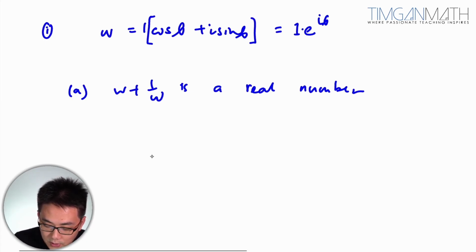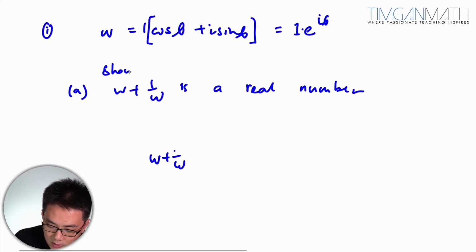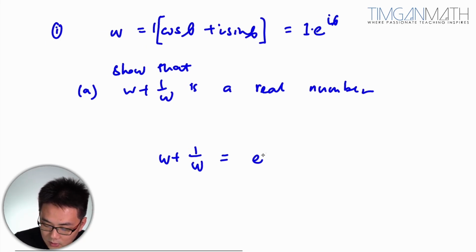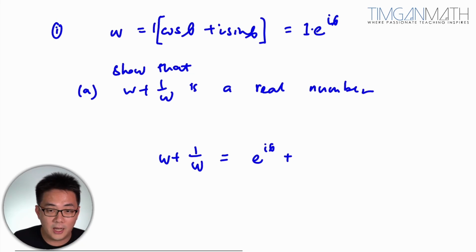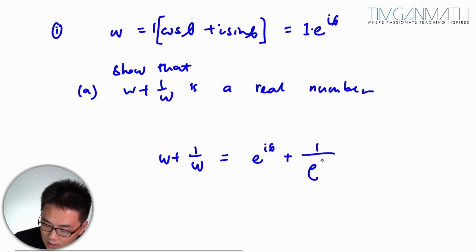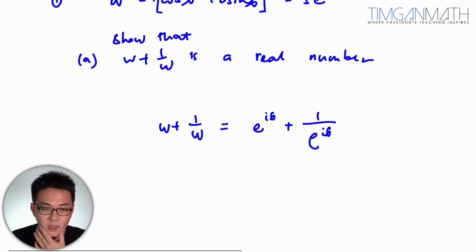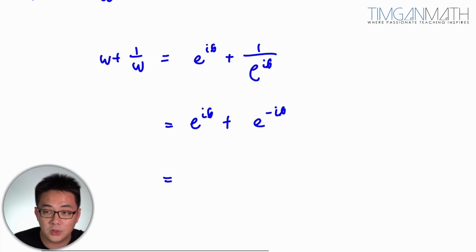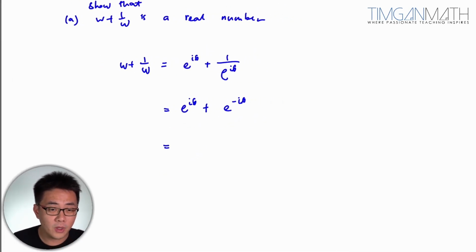Then after which we're just going to let w plus 1 over w. I'm going to start off by changing this to exponential form because it's easier for me. So I'm just going to leave it as e to the i theta, 1 over e to the i theta. Okay, so once this is done, what I'm going to do is just put e to the i theta plus e to the minus i theta, and then I'll change to the Cartesian form. Okay, Cartesian by using